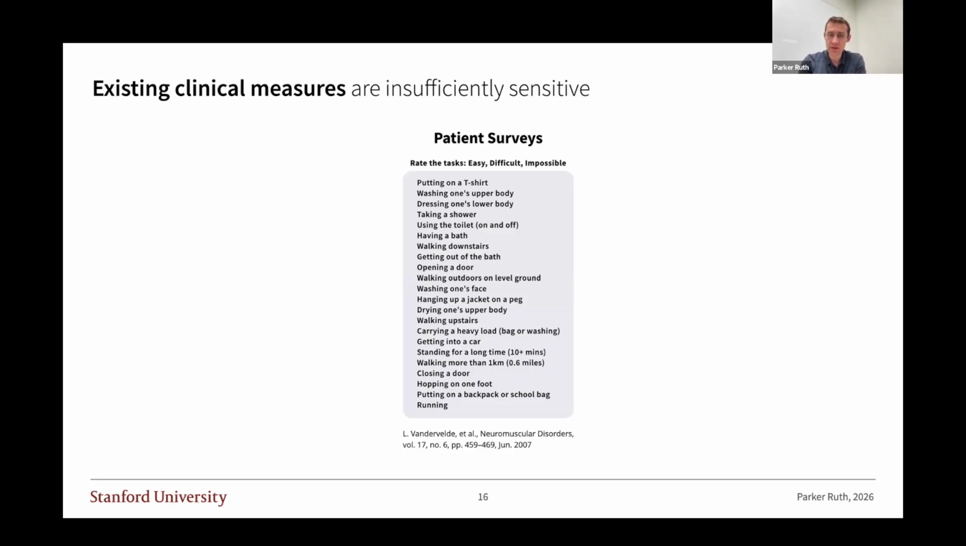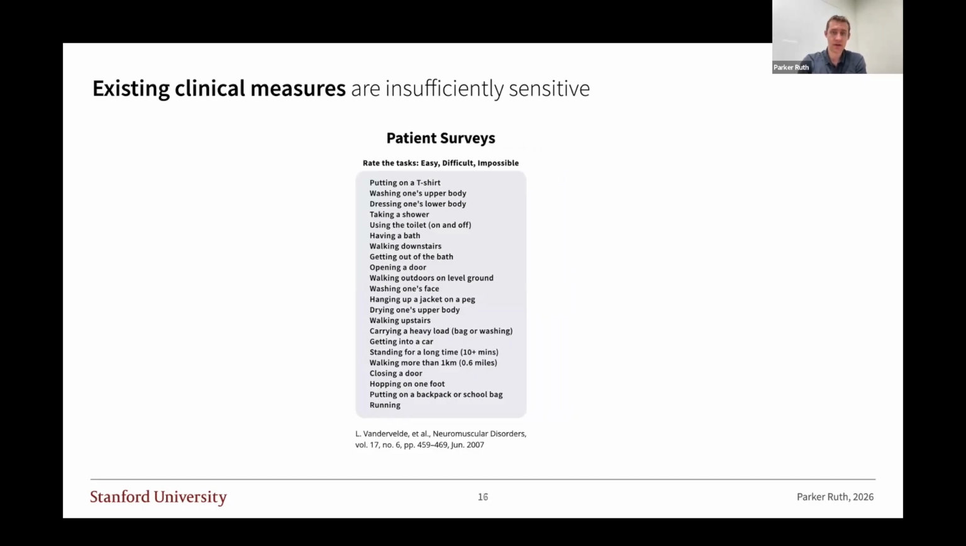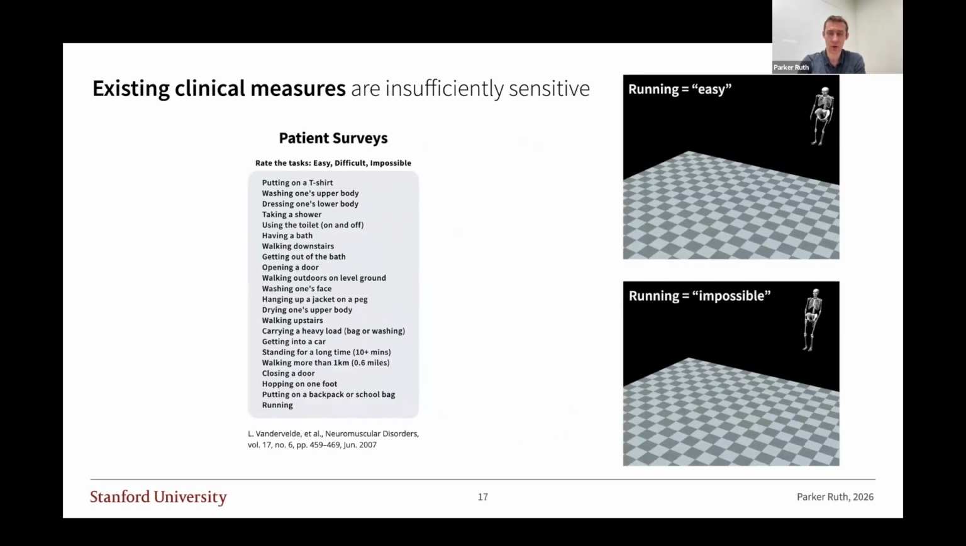One potential challenge with using this as an outcome measure is that they can be quite subjective. So just to illustrate that point, here's some of our data from our own data set. We asked participants in our data set to fill out this survey. The person on the top here reported that running is easy for them, and this is how they moved their body at their maximum ambulatory speed. And then the person below reported that running is impossible for them, and this is how they were able to